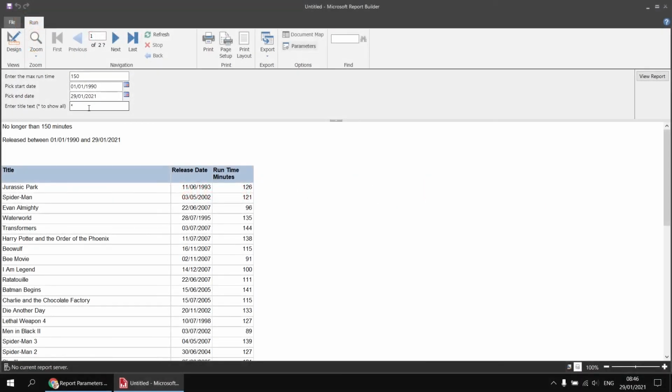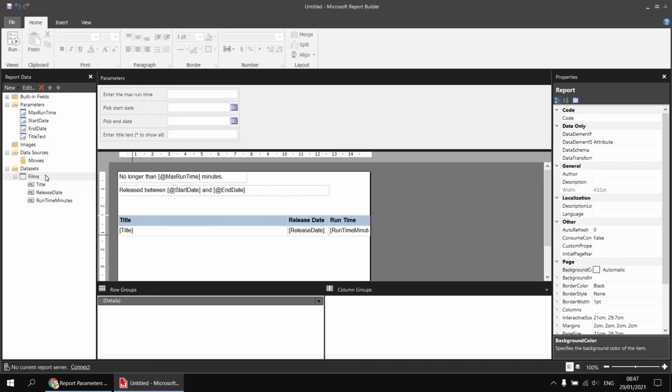This text parameter works quite nicely, providing your users know how to type in wildcard search strings. If they didn't know how to do that, life is a little more difficult. So we could help out the end users by making sure that whatever they type into this input box is always enclosed in wildcard characters. So for example, if the user typed in the word star, that would automatically be treated as a contains this 4-letter string star. To make that work, we need to go back to the design view and modify the filter